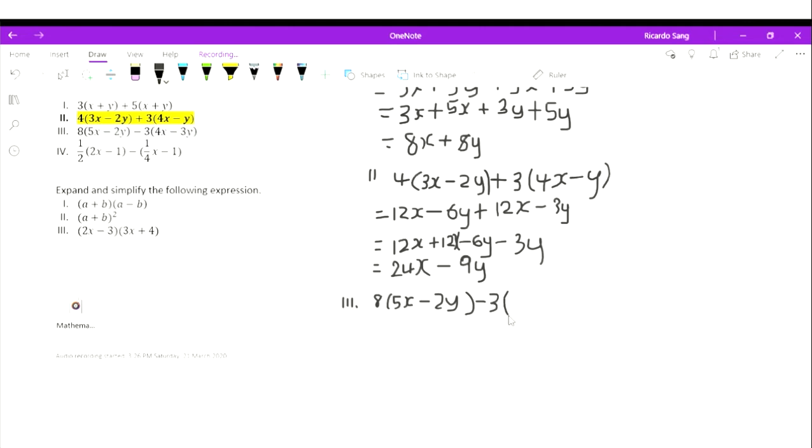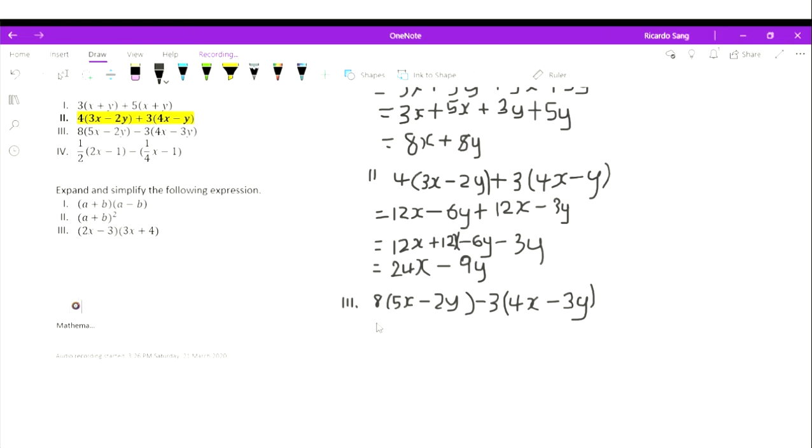So it should be minus 3, open bracket, 4x minus y. Alright, so now we can use distributive law to